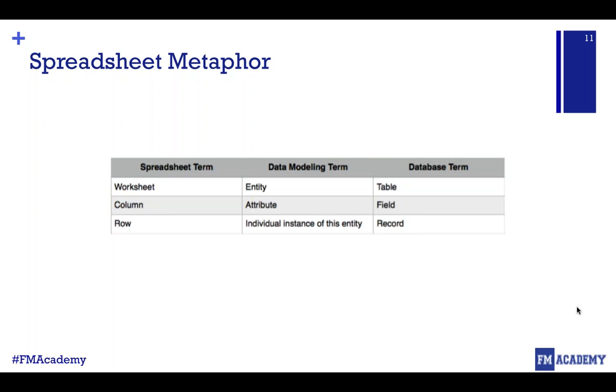The data modeling terms that we've been talking about a little bit so far are entities, attributes, and then an individual instance of an entity. And so what you can do is compare. You can go, okay, well, I know what a worksheet is, and I know what a column is, and I know what a row is because I'm using spreadsheets, and so then you can translate that to the data modeling terms so you can better understand what you're actually thinking